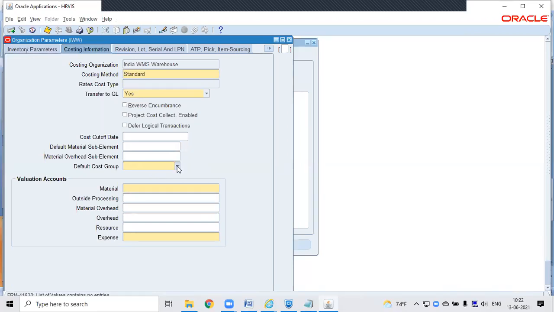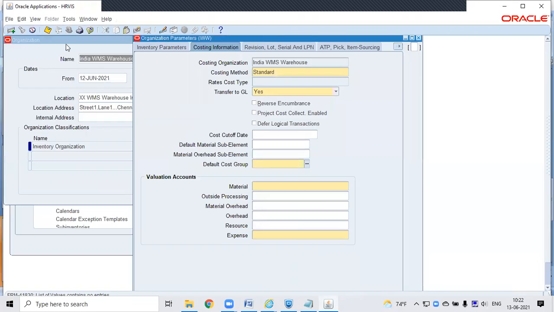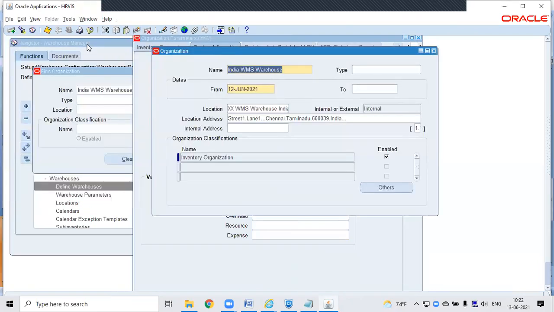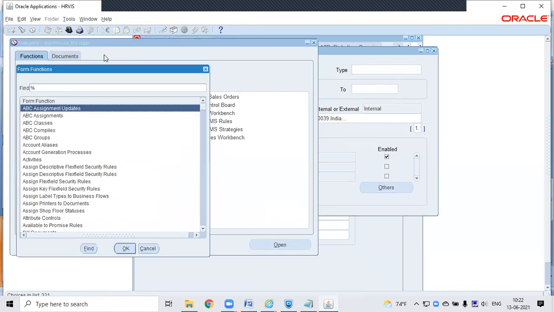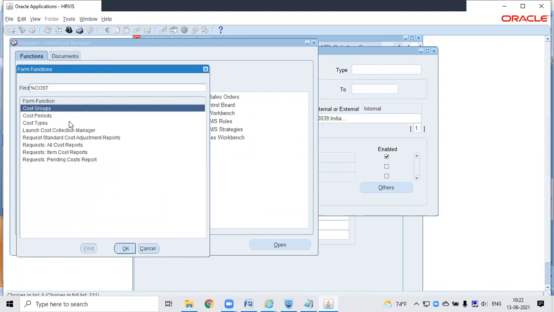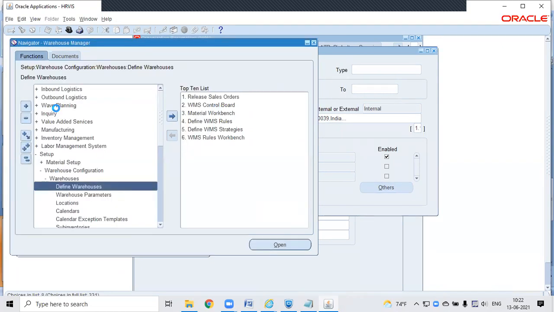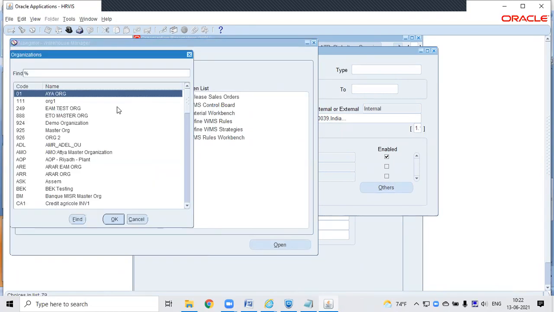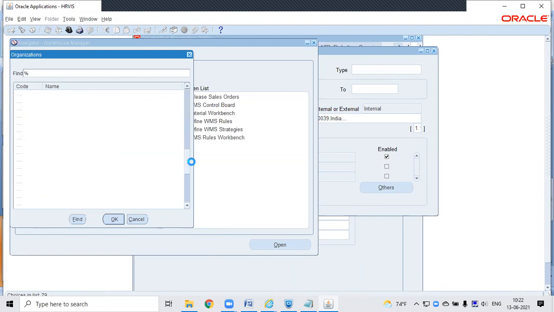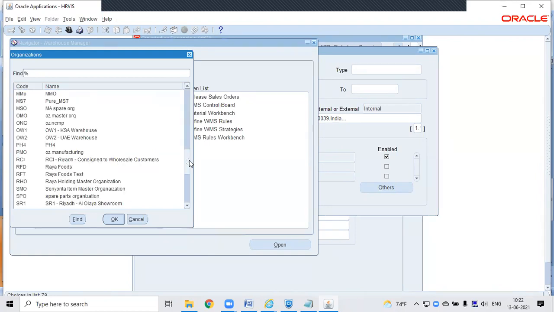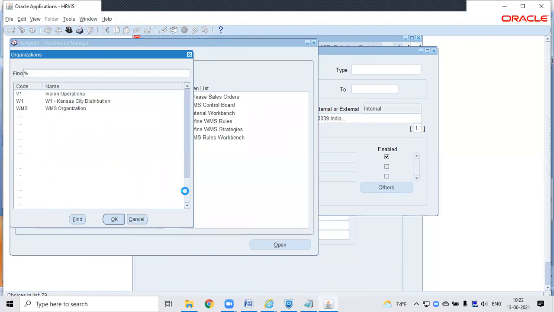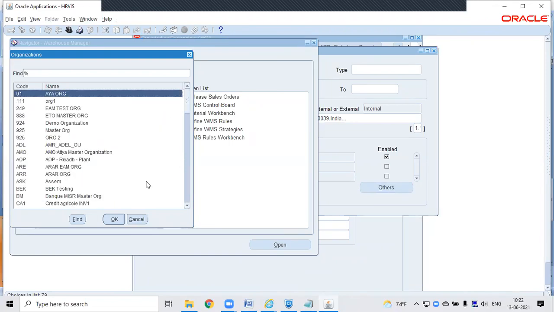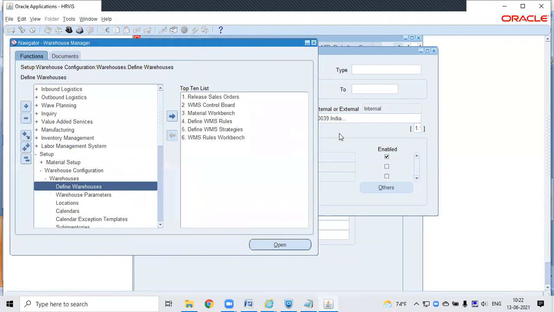And I'll select the cost group. Okay, I have to define a cost group. Okay, let it be here. Just a second.